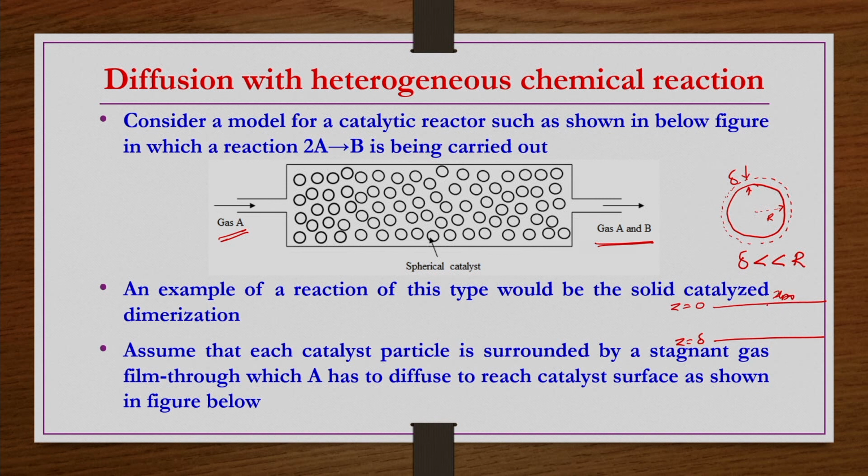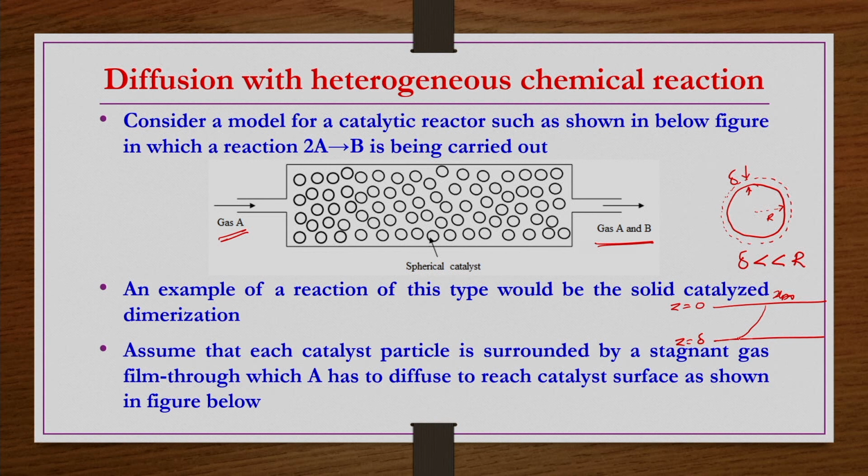and then as it moves through, the reaction takes place at Z equals delta, depending on the fastness, the order of the reaction, the rate constant of the reaction. So accordingly, the concentration of A at the boundary on this catalytic surface would be determined. If it is an instantaneous reaction, in the sense instantaneous and irreversible, whatever A is there is immediately reacting and forming B within a very short time.